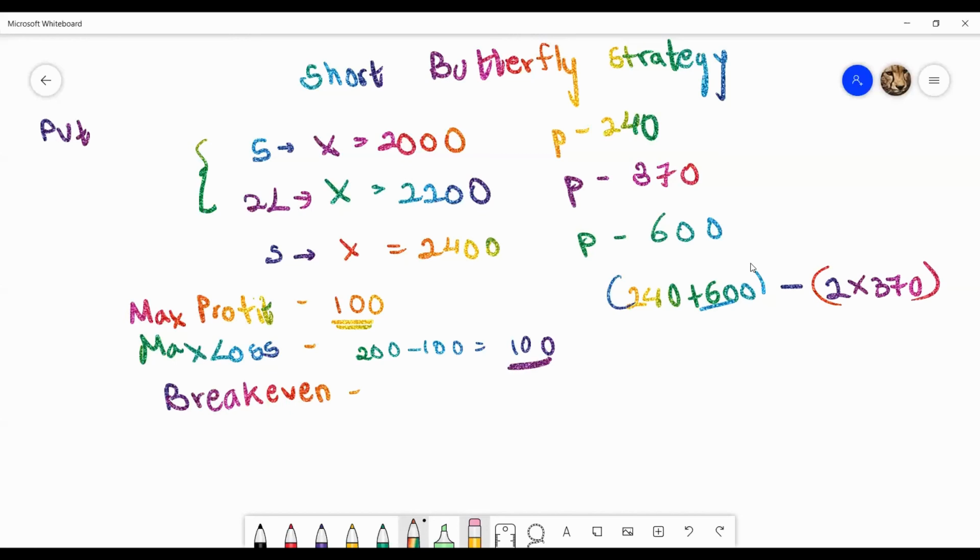And just like we calculated the break evens in long, we also calculate the break evens in short. It is the same. You take the break even from the first strike and the third strike. So your break evens are going to be at 2100 and 2300, which is 100 less than the last strike and 100 added to the first one. Losses will entail above 2400 and there will be losses below 2000 as well. So losses on both sides, and you only have profits in this range. This is a range just like our long butterfly strategy.